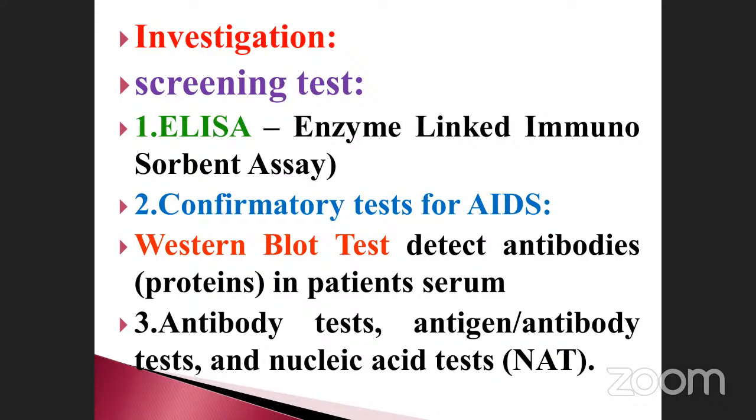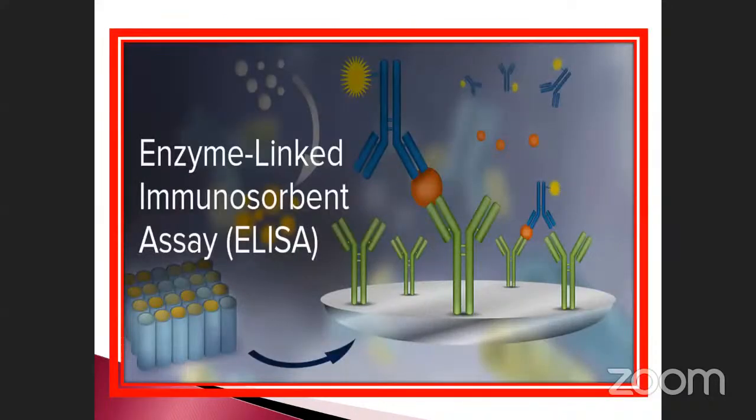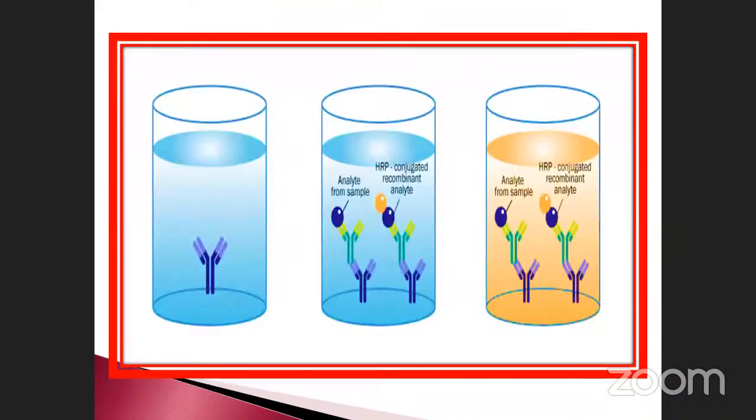The question. Okay, so next. This is the test samples. See here how they are preparing. They are all in the diagnostic aspects. When the person is suffering from AIDS, they go for the diagnostic test. This is the enzyme immunosorbent assay. See this enzyme, how it is. This is the structure. The mechanism we didn't discuss, isn't it? There are two types: the direct method and indirect method. It's simply complicated. When you are going to learn the mechanism of the Western blot or ELISA, you go through it and you will get the ideas.